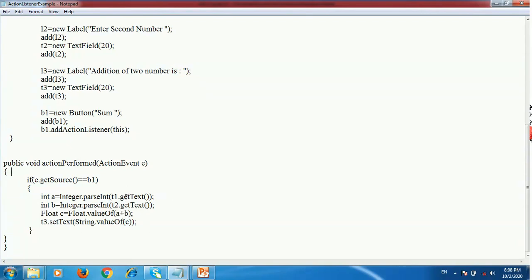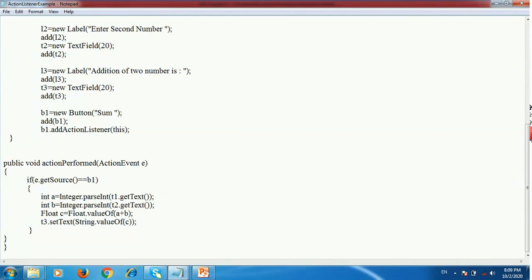The getText method returns the text of the text field t1, and t2 returns the text value of text field 2, and that is passed into int b. So the text field 1 value is stored into the int a variable, and the text field 2 value is stored into the integer value b.